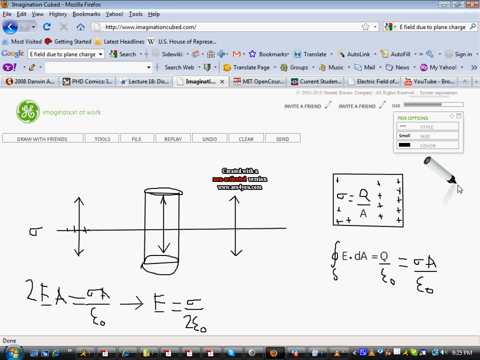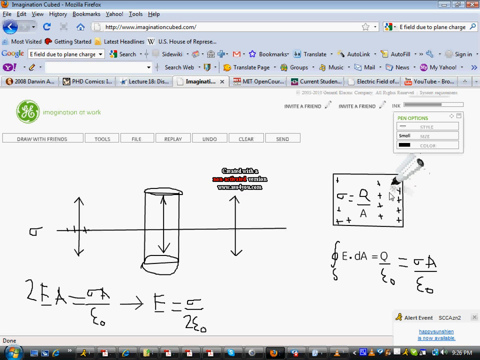Let's say we have an infinitely long sheet of charge with a uniform charge distribution sigma, where sigma is q over A, and that just means that if you have a surface A, there's charge uniformly distributed over it. I did not draw that well, but